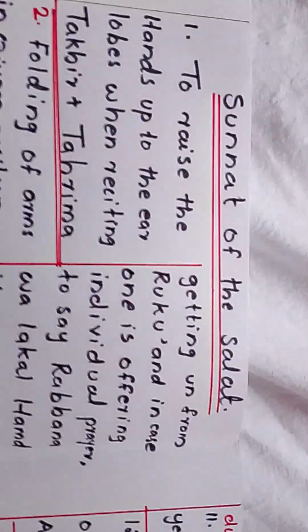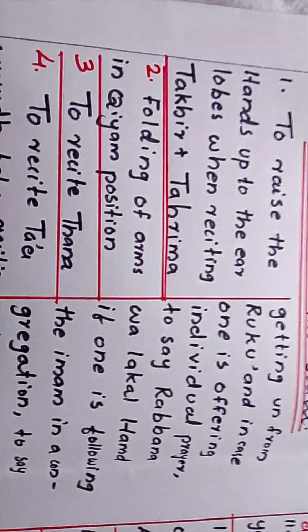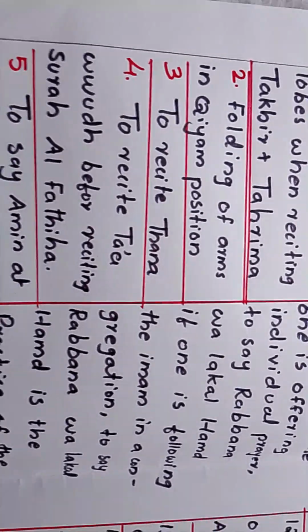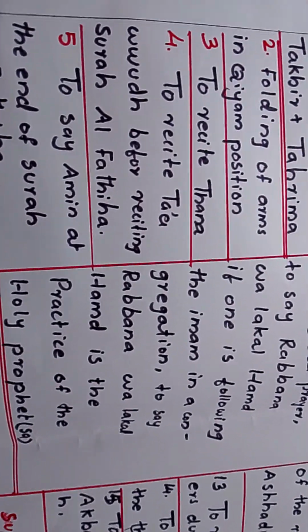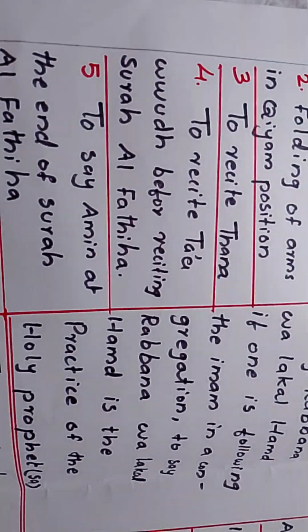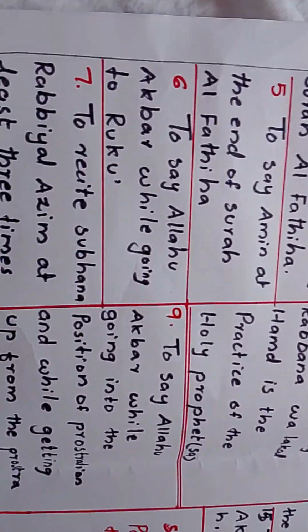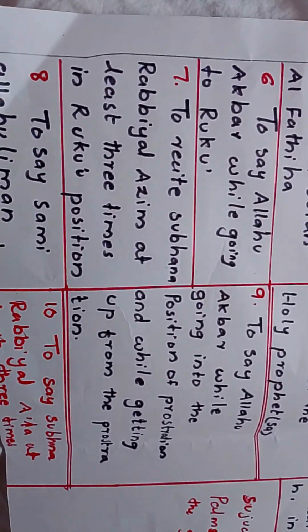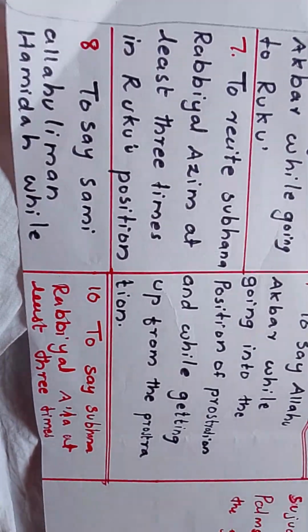Next is Sunnah of the Salat. First, to raise the hands up to the earlobes when reciting Takbir Tahrima. Second is folding of arms in Qiyam position. Third is to recite Thana. Fourth is to recite Ta'awwudh before reciting Surah Al-Fatiha, to say Ameen at the end of Surah Al-Fatiha, to say Allahu Akbar while going to Ruku, to recite Subhana Rabbiyal Azim at least 3 times in Ruku position, to say Sami Allahu Liman Hamida